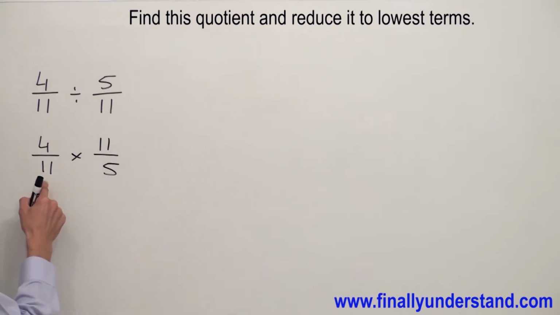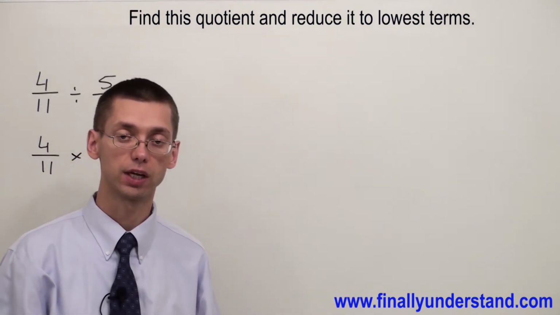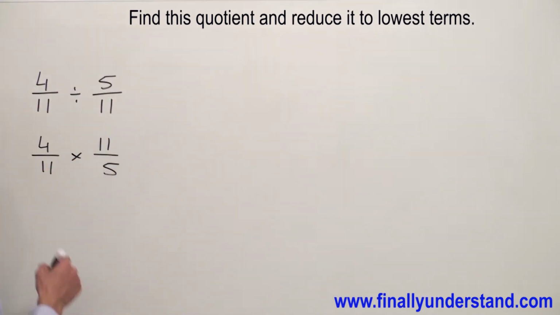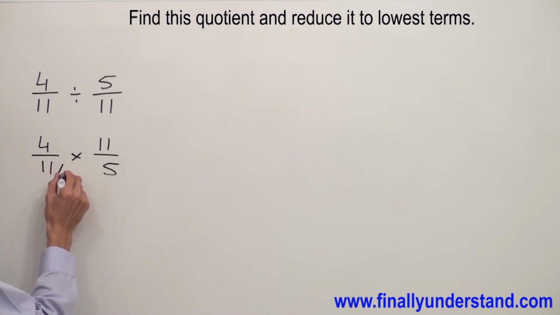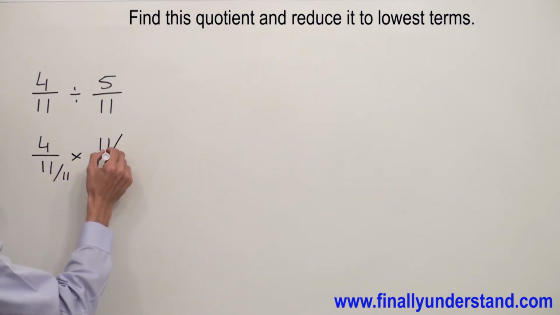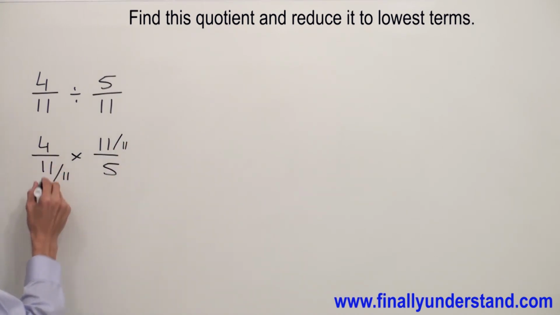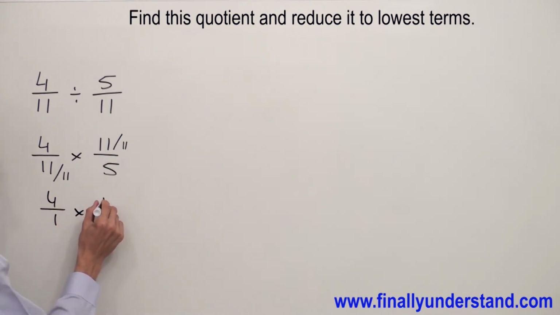Now, before I perform multiplication, I have to check if I can reduce something. Remember, anytime we multiply fractions, we're supposed to check if we can reduce any numerator with any denominator. I have 11 over here and 11 over here. I can reduce this denominator by 11 and this one by 11. So I have 4 over 1 times 1 over